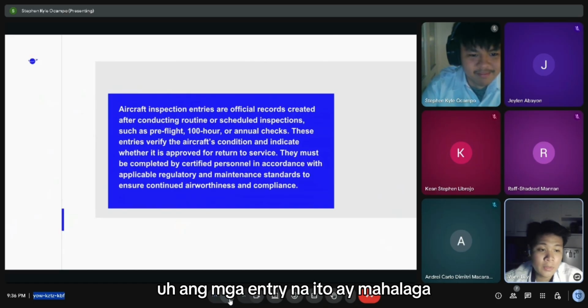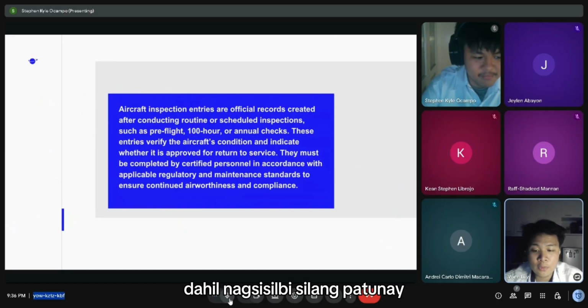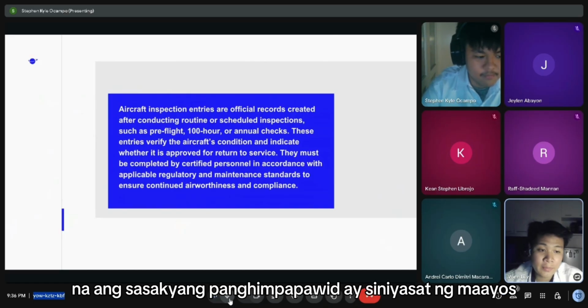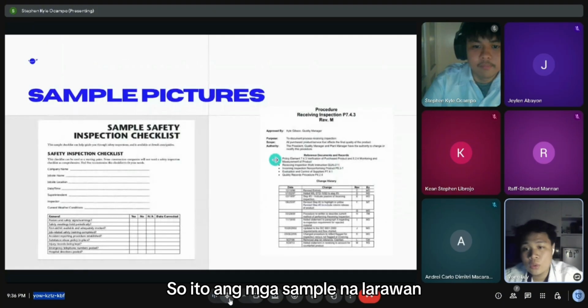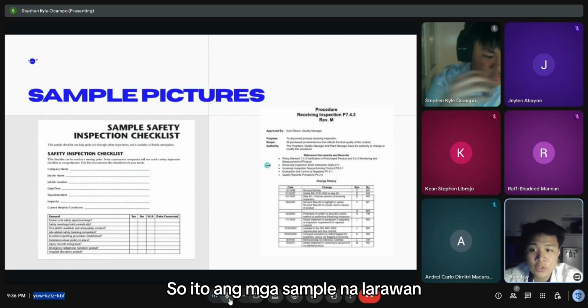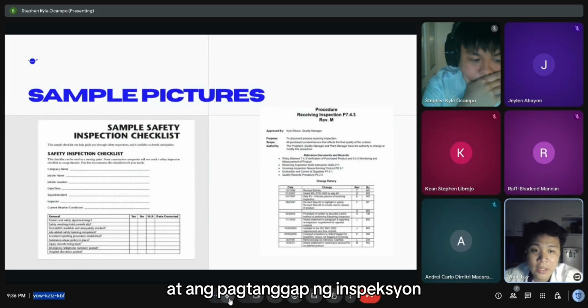These entries are important because they serve as proof that the aircraft was inspected properly and is safe and airworthy before being flown. These are the sample pictures of the inspection checklist and the receiving inspection.